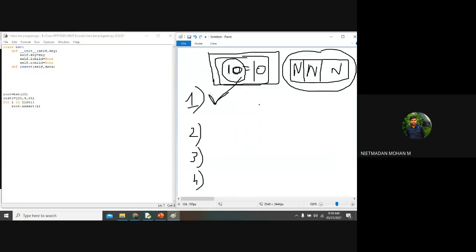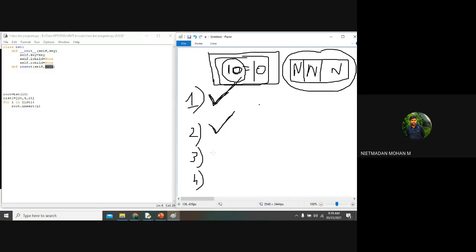So first, we want to check whether any element is present in the particular node or not. And second, we want to check whether the element is a duplicate value, that is, key is equal to the data. Key here is a node, and data is the first data which we are collecting from the list. So first you want to check whether key is equal to the data or not. If it is equal, we want to terminate the lines of code.